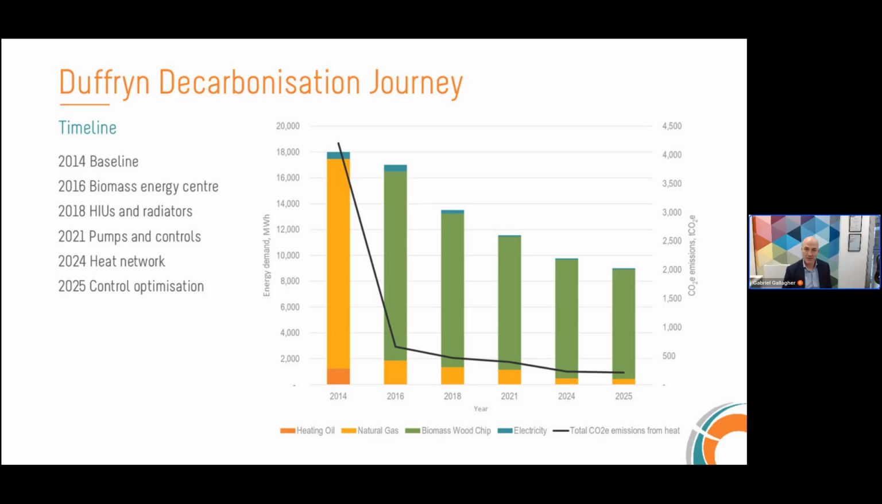So that's the decarbonisation journey for Dufferin, and work continues to keep that going. So nearly 50 years of operation, and another 50 plus to go. And I thought I'd just add a slide at the end just to make sure that